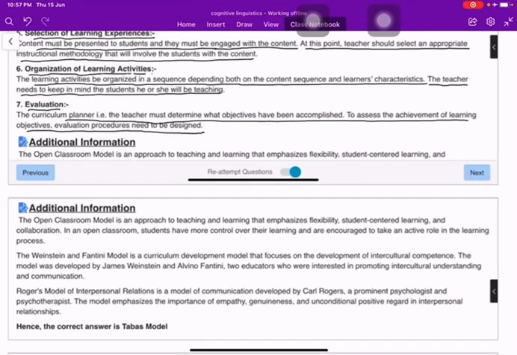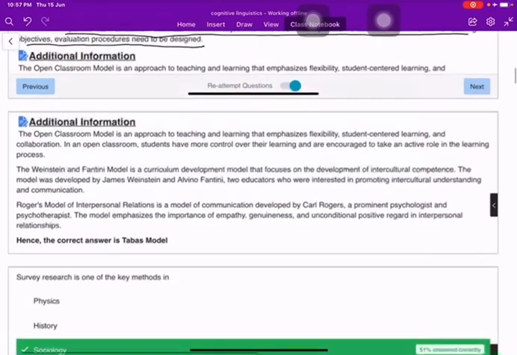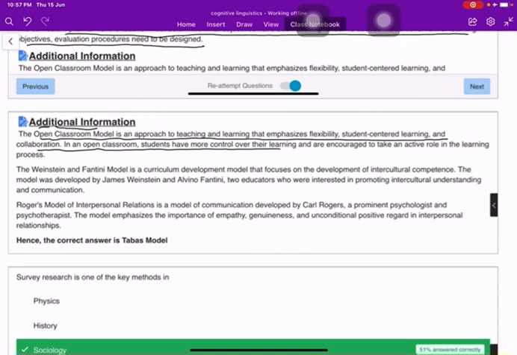Additional information. The open classroom model is an approach to teaching and learning that emphasizes flexibility, student-centered learning, and collaboration. In an open classroom, students have more control over their learning and are encouraged to take an active role in the learning process. The Weinstein and Fantini model is a curriculum development model that focuses on the development of intercultural